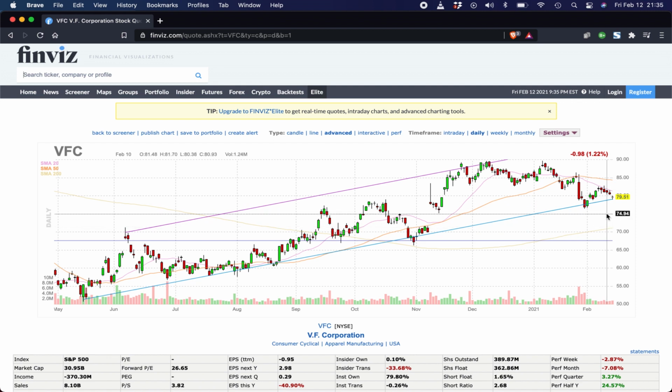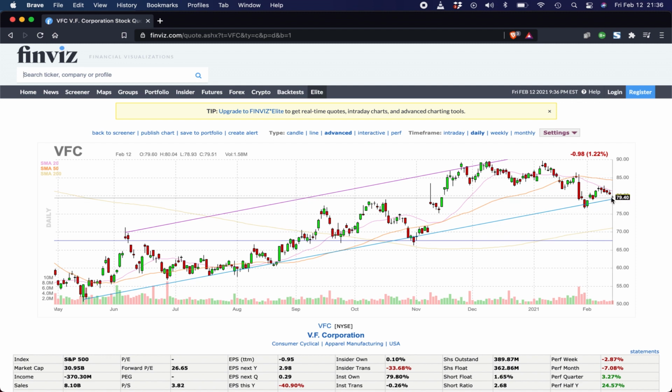So for example, this stock is here at $79.51, which is the support line. Now you don't have to worry about manually establishing these, as you can clearly see the resistance and the support lines. Now you can potentially consider going long in this stock. You can buy the stock because the stock is nearing the trend line support line. And so for example, you can enter at 79.51. So tomorrow, on Monday or Tuesday when the market opens, today is Friday, February 12th, so Monday is Family Day here. So the market opens only on Tuesday. So let's say on Tuesday you go long at around maybe